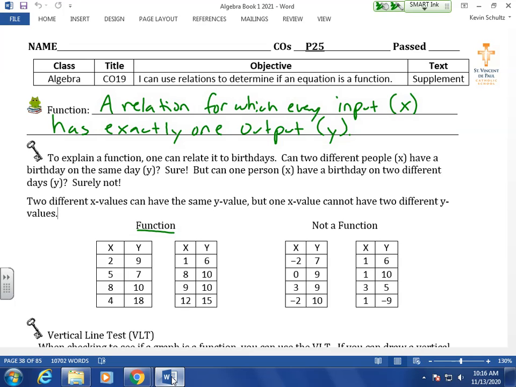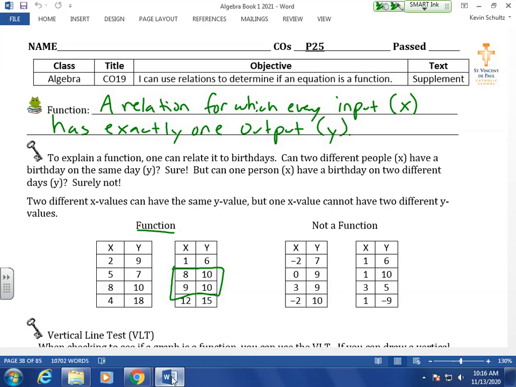When x is 8, y is 10. When x is 4, y is 18. Okay? Even if y repeats itself, like in this example here, that's okay. When x is 8, y is 10. There's one corresponding output to the input of 8. When x is 9, y can still be 10